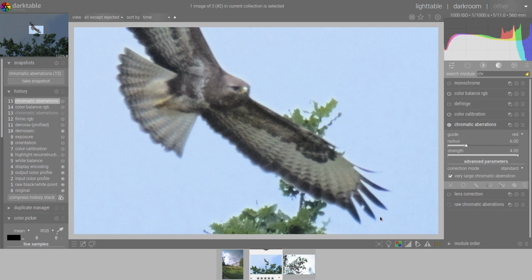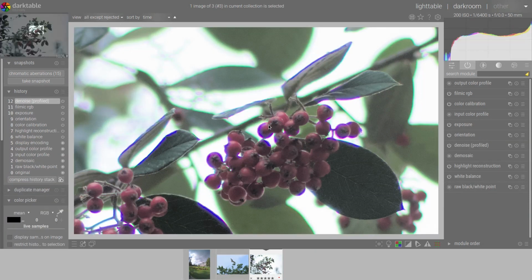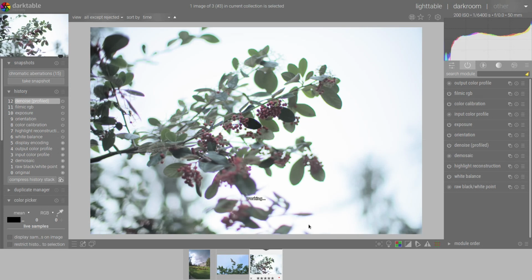Okay, so we are mostly done with this image. We could use a parametric mask in order to avoid correcting parts that we don't want to correct. And I will show you an even more extreme image.